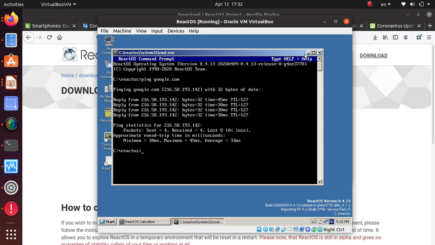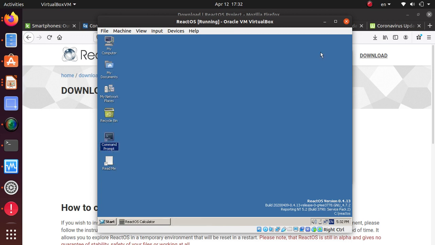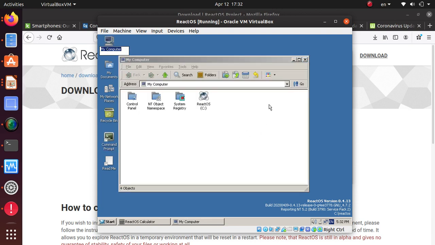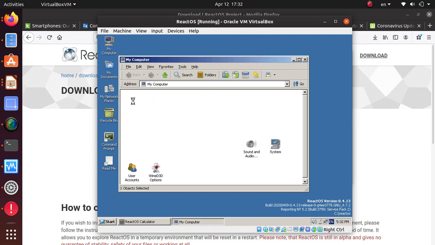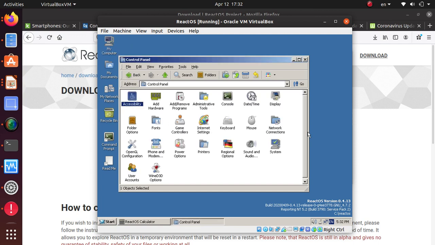What I have not done is test extensive installation of new software within the system, to make sure that the software I typically use in Windows can also work in this operating system. I'm going to leave that to you to do some more experimentation, and I'll do some more experimentation as well. But everything I have seen so far, I'm pretty impressed that this operating system looks and feels like